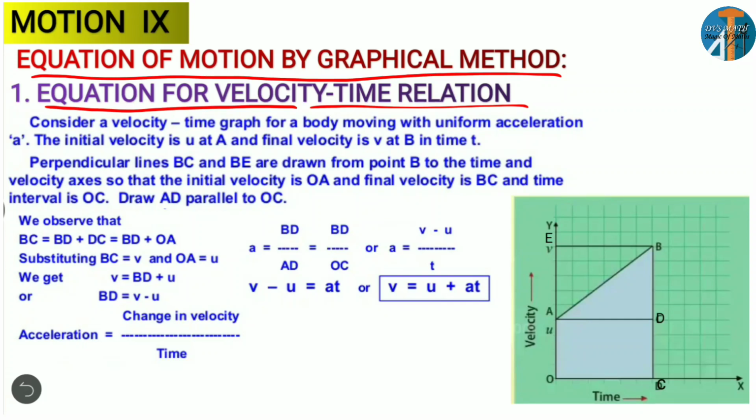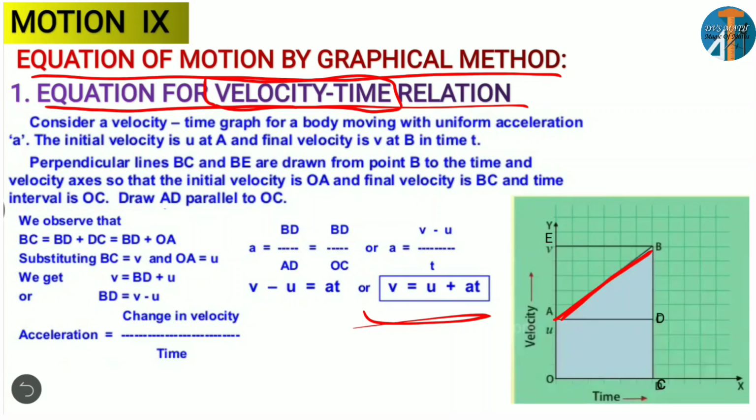Observe the graph, which is very clear. The equation itself tells us it is about the velocity-time graph. Remember, this derivation is not important, you just have to know how we got this equation. Observe clearly, I am going to explain. First take a velocity-time graph where the object is in uniform acceleration.